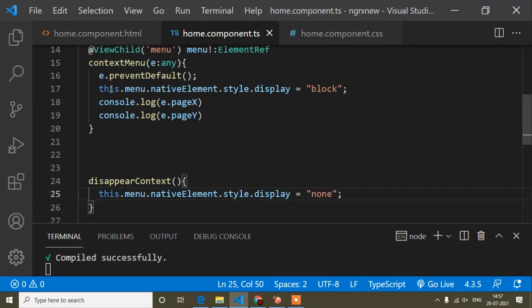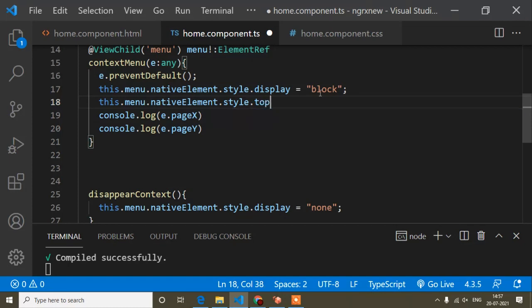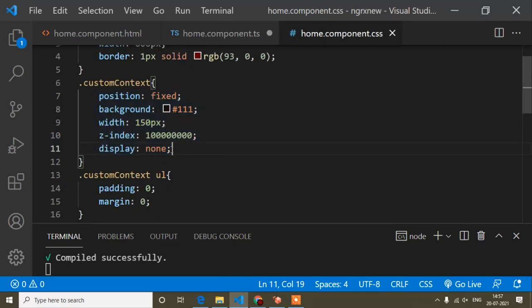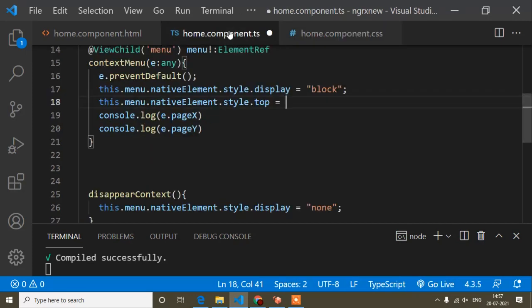Okay, so now guys, I just have to set the property dynamically. Up to style I will copy, then .top equals to, top and left being the properties I had set here. Now I will set them dynamically as per pageX and pageY. This returns where I am right clicking, and that position I will set here.